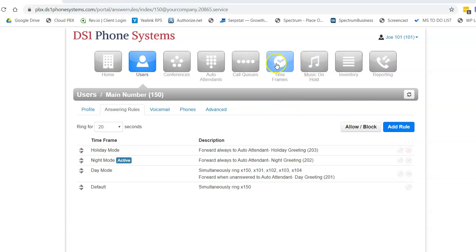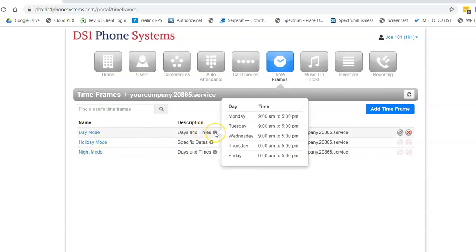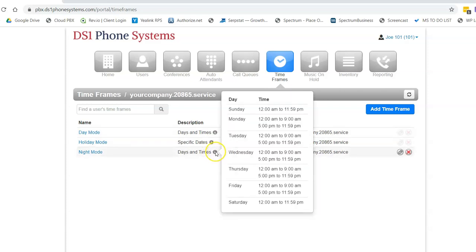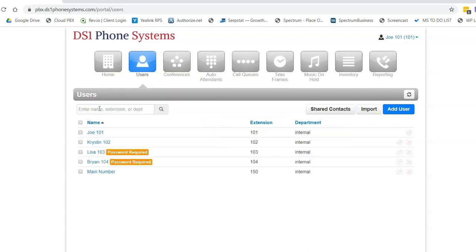When we click back into the time frames here, again, just to show you which modes we have, the day mode is going to be 9 to 5 Monday through Friday. The night mode is the exact opposite. And then this one particular holiday mode kicks in on the 24th of December. So that would be applicable back here under the users,